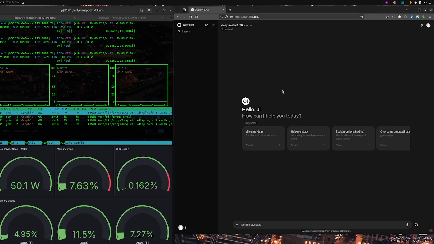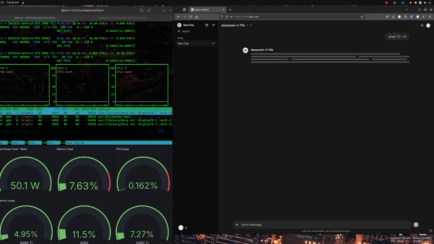Also, the other thing I want to mention is the initial startup. Once I ask my first question, it takes about a minute to load up, but once it's loaded, this thing answers pretty quick. So let's just ask it something simple. What's 10 times 10? This is going to take a minute, but you're going to start to see